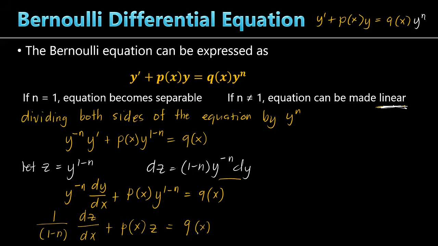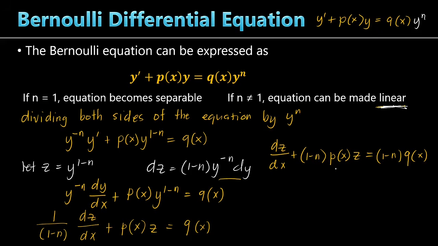So now if I multiply both sides of the equation by 1 minus n, I will get dz over dx plus 1 minus n times p of x times the dependent variable z equals the factor 1 minus n times q of x. So we may now notice that this is now a first order linear differential equation in its